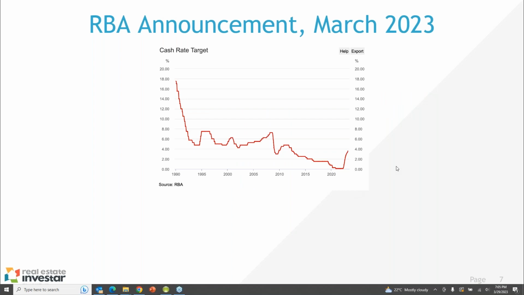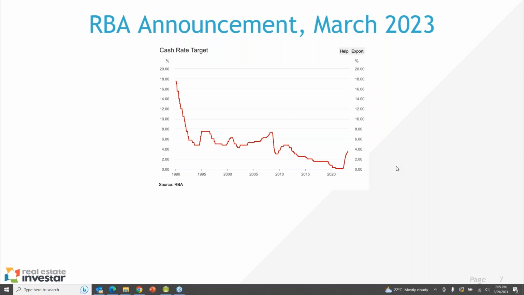So of course, interest rates have been a big topic of contention over the last 8 months. I don't think we've ever seen so many rate rises in such a short period of time. Pros and cons for everything in life. Yes, interest rates have gone up. Yes, our borrowing costs have increased. Yes, our yields have dropped, but that's because the Australian economy and the property market has been performing at a very high level, and the RBA are obviously trying to control that rate of inflation and get it back to the target rate. So there's a lot of good things coming out of the Australian economy.